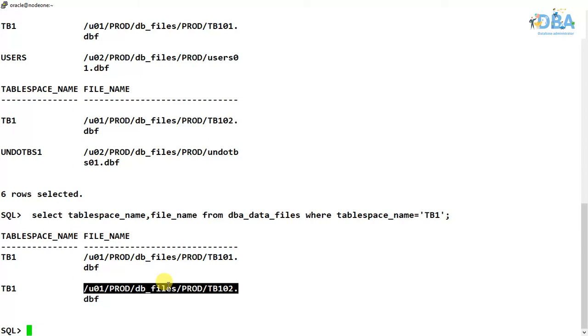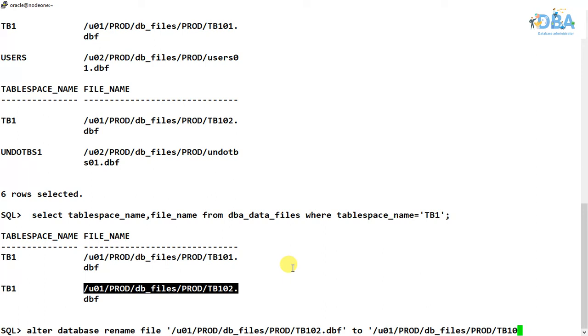Suppose we are going to rename a file to a file that doesn't exist in our database. How will it react? Let us try that one. Alter database rename file. This file we are going to rename to, suppose